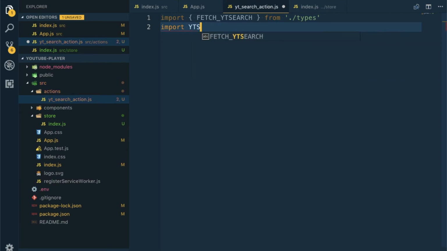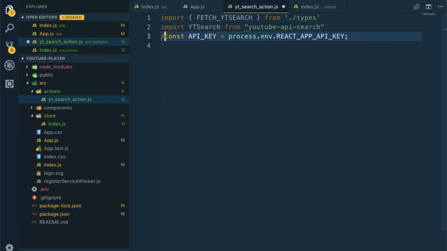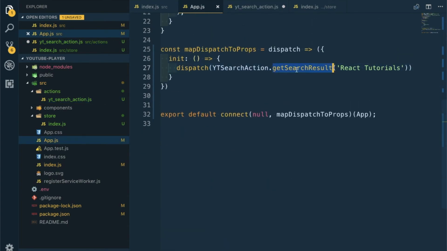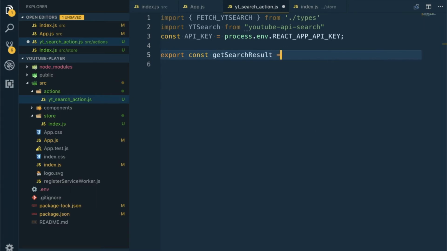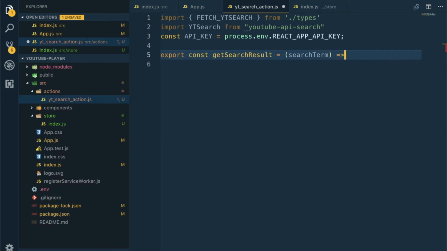Import YT from YouTube API search. Then let me copy it from here. We need this. Now let me make that function export const, and the function is this function YT search action dot get search result. Export const get search result equal to, we are passing a term, let me say it as a search term. It's again an arrow,